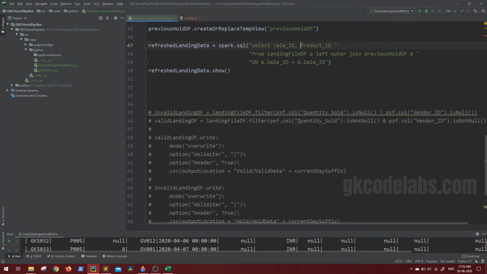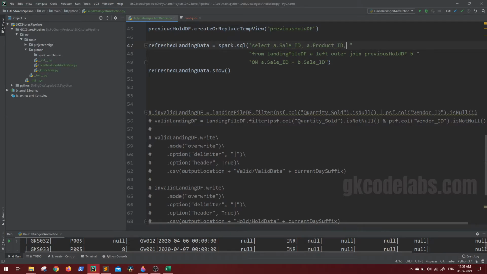With this we have to mention the alias as well. So a.sale ID. Yes, why? Because anything in sale ID and product ID, I just want the latest one. As per our discussed use case, we are not touching sale ID and product ID. If you want, you can change anytime. Just play around with the code, you have it. And A means new record from the product ID.